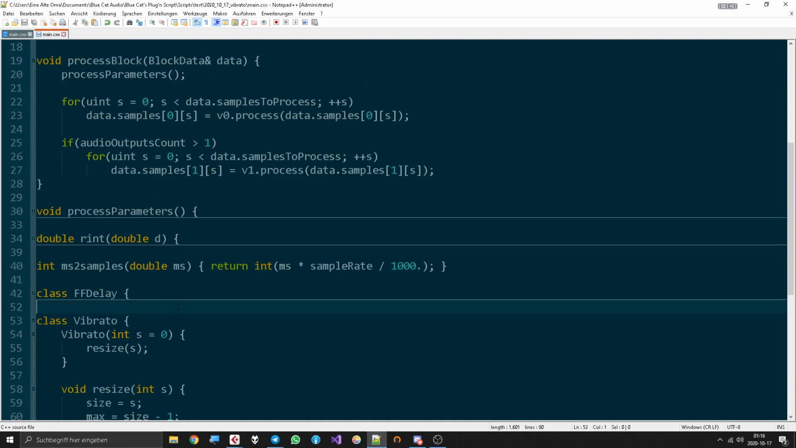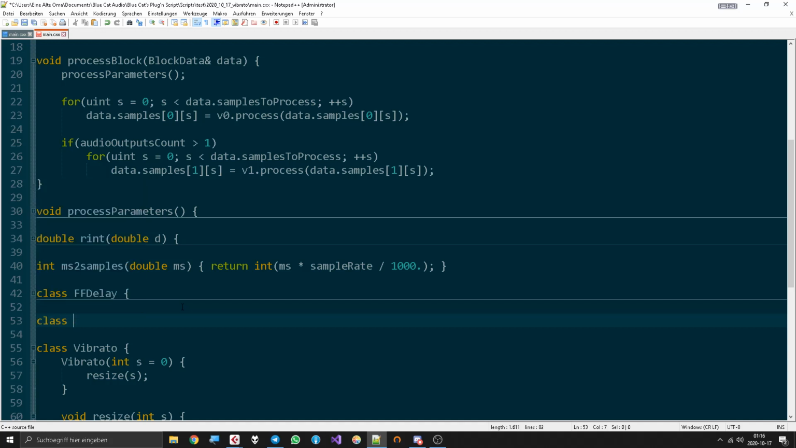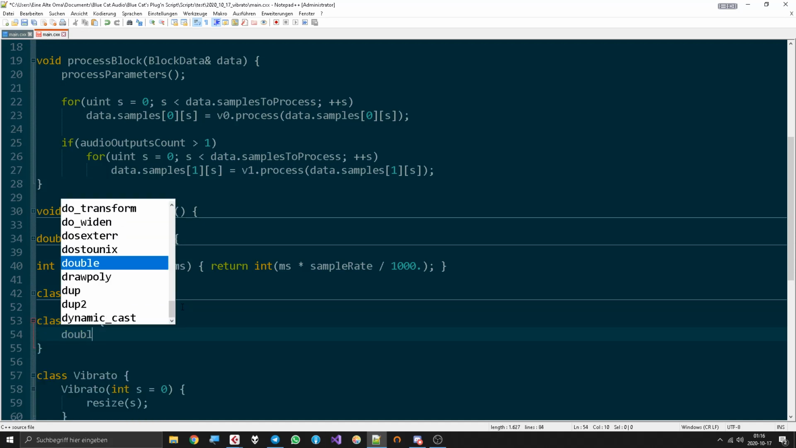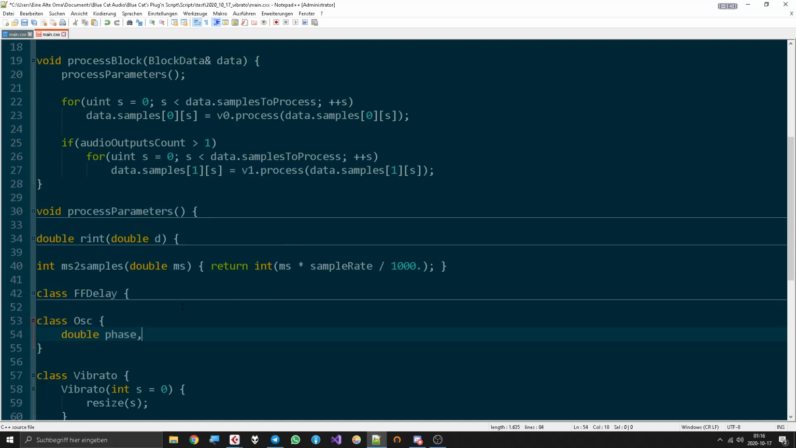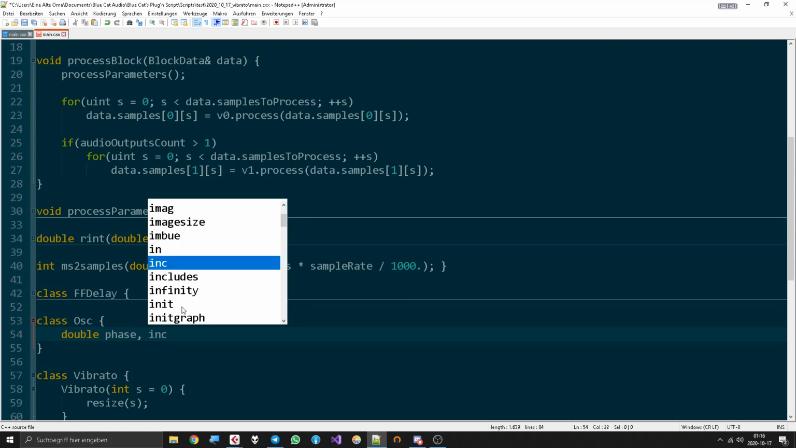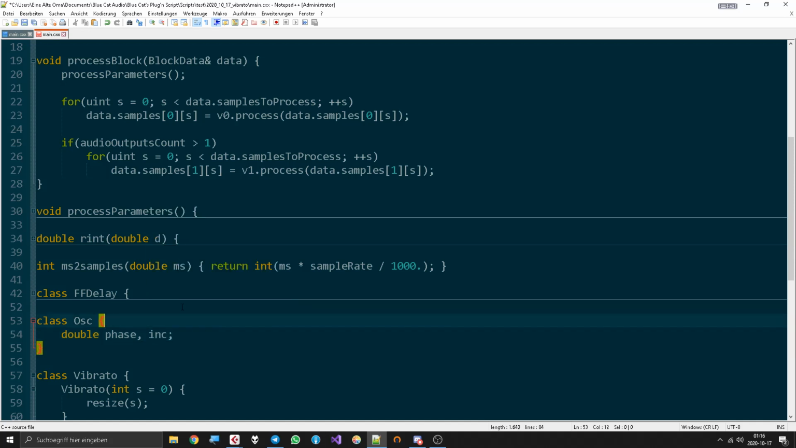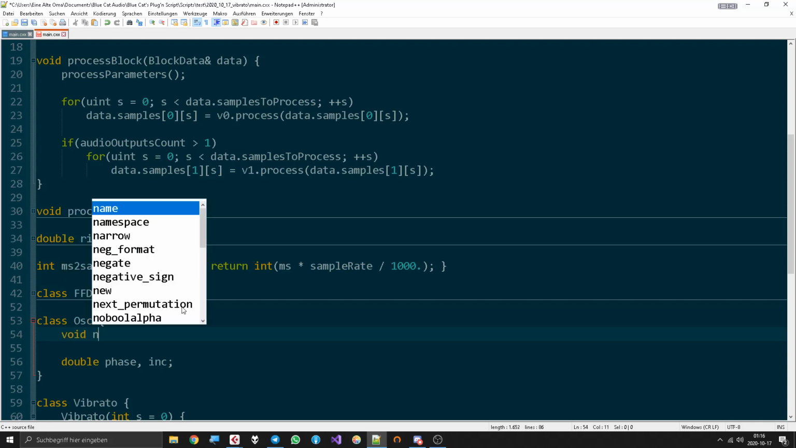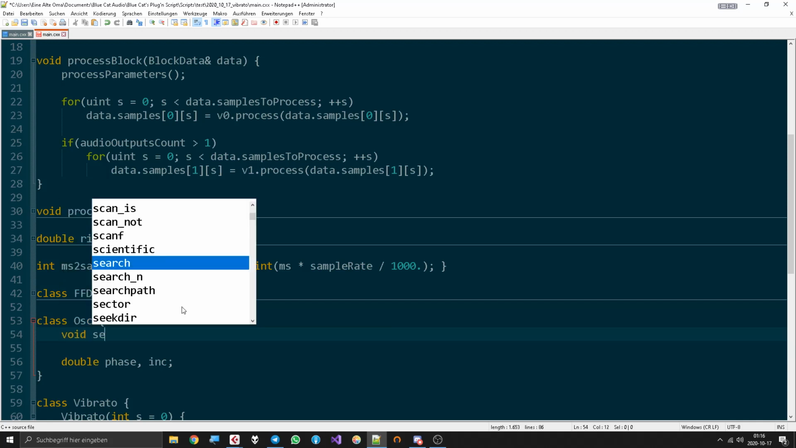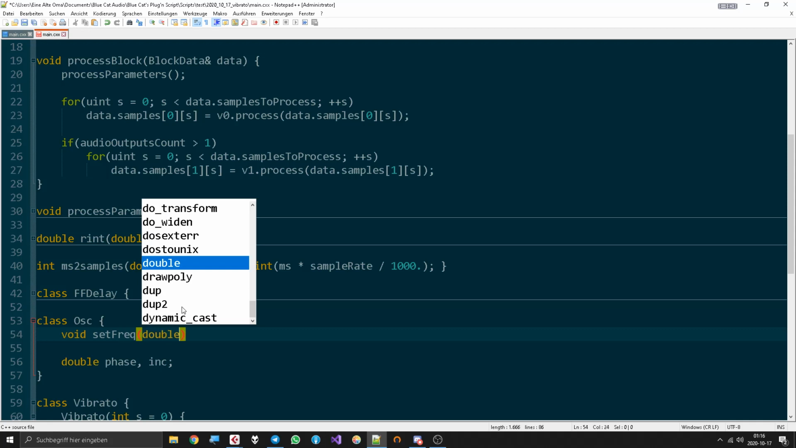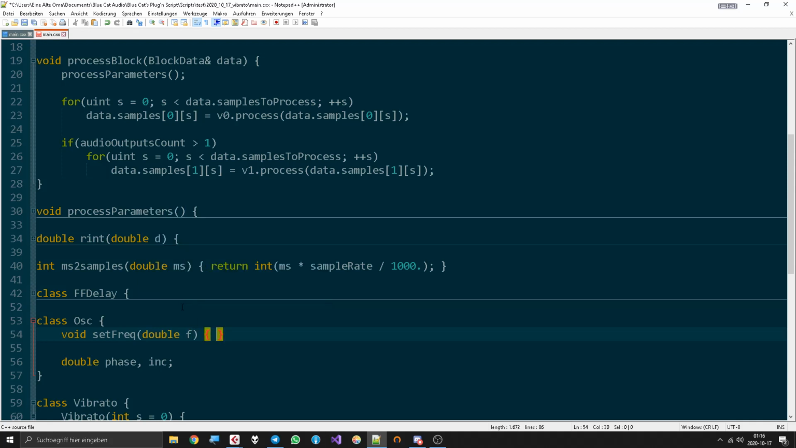Now we need a sine wave oscillator. Let's call it oscillator. We don't make it too complicated. We have a phase and we have an increment value, and I guess that's it. Let's set a frequency. This should be something like